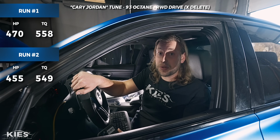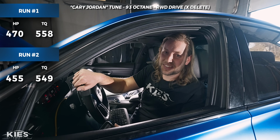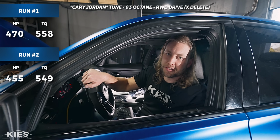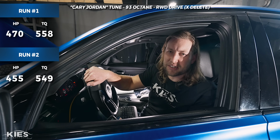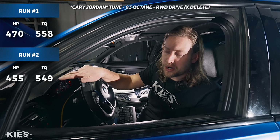And then we'll do it again because that first run got us good horsepower. So I don't know, we'll see. I don't really like to drive around on xDelete that much. I'll put it on and then take it off. I just feel like the car was meant to be all-wheel drive, so I drive it as an all-wheel drive